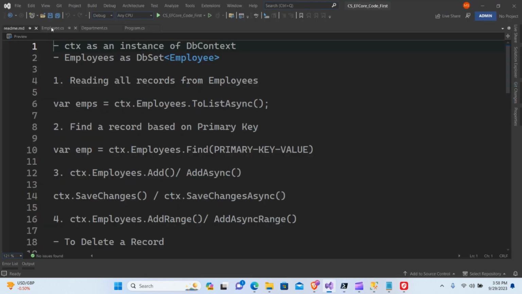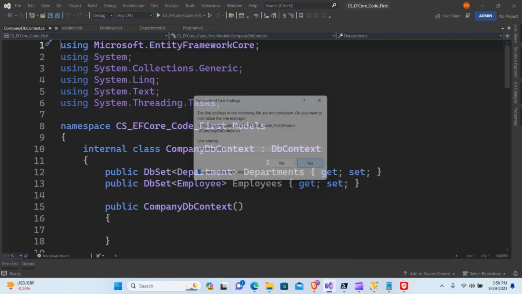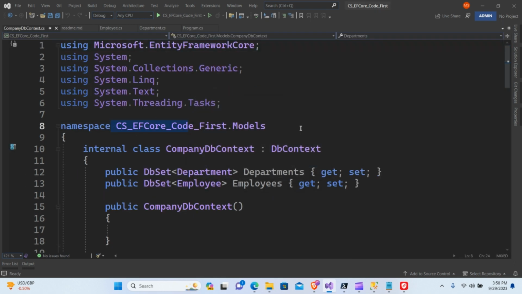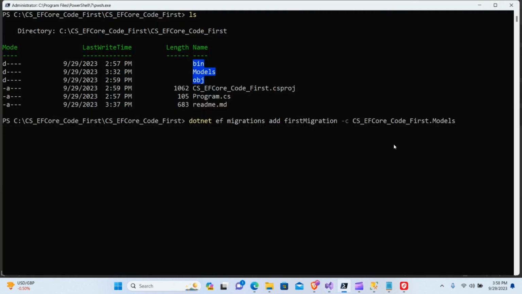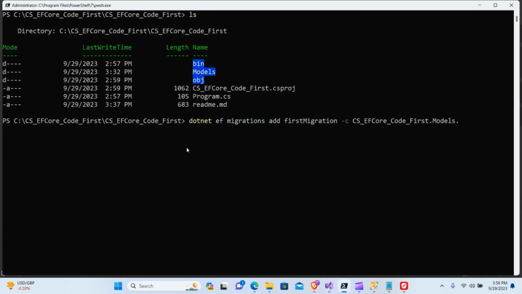So this is the DB context class I have, and here is the namespace name, and here is the name of the class. So let me copy this from here, dot DB context. That is the name of it, CompanyContext over here, and then I'm gonna press enter. So this is gonna do the build, and it's gonna